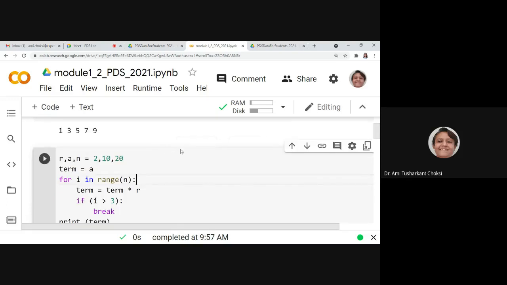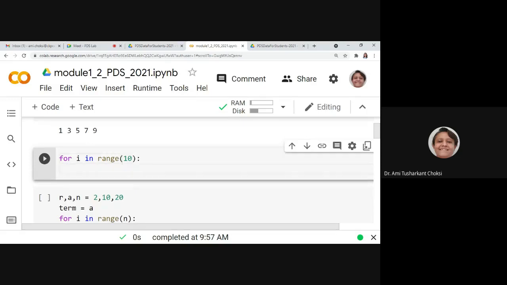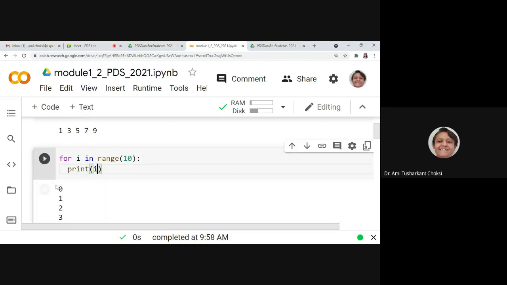Let me show you. Say for i in range of 10 and print i. What does it give us? It gives us i that is starting with 0. When we are giving the range with 2 parameters, we specify start. When we are using range with 3 parameters, there also we are giving the start.